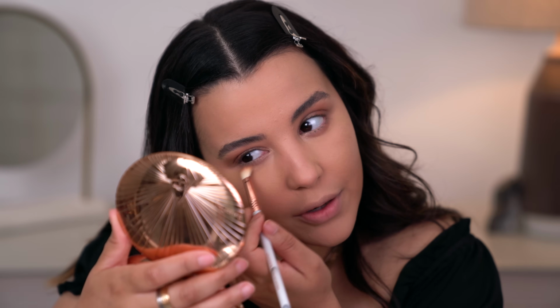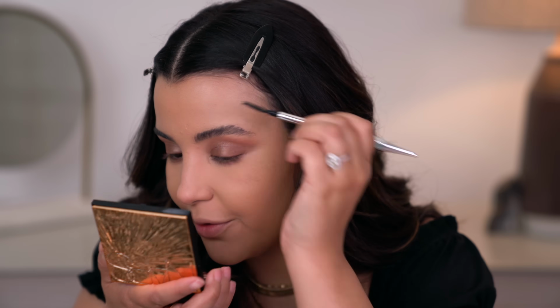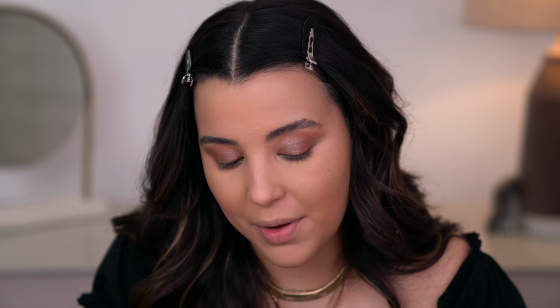And it's funny because their slogan is expert makeup is made easy for everyone, everywhere, every day. And their cream formula really stands behind that slogan because it's easy, so easy. I definitely need to finish off my brows, so I'm gonna go in with my Benefit Precisely